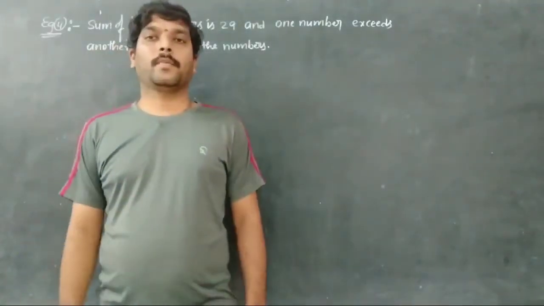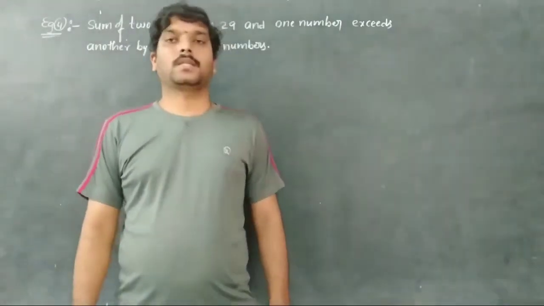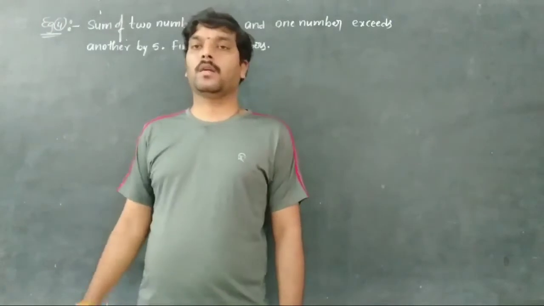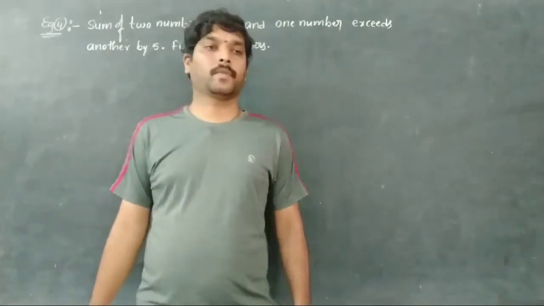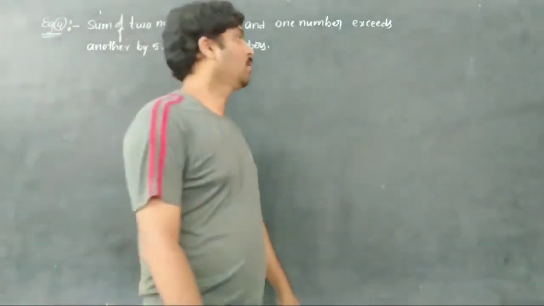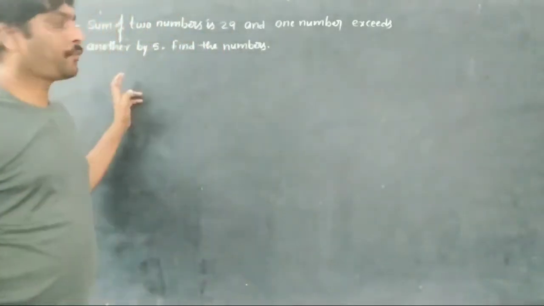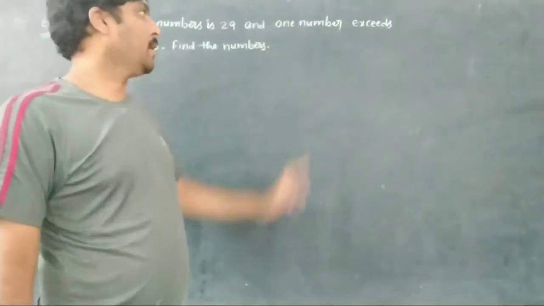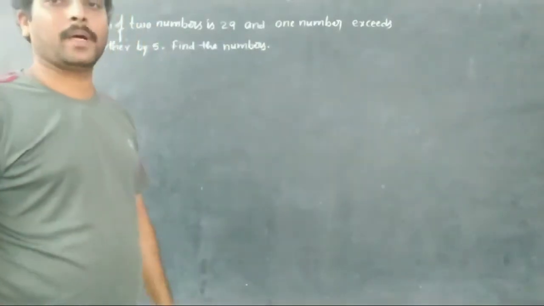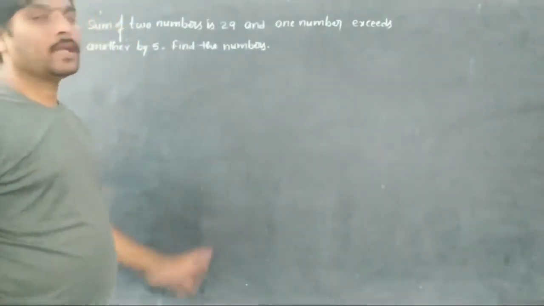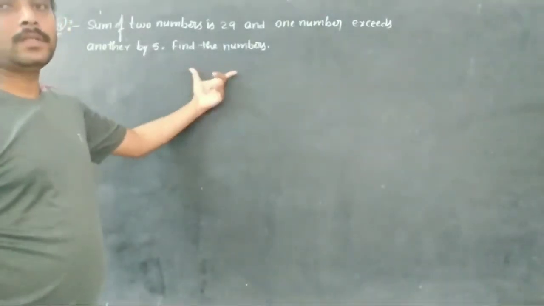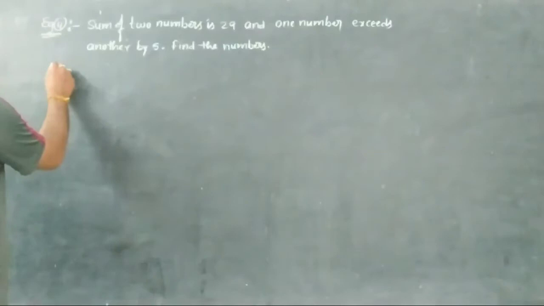Today we discuss Maths Chapter 2, Linear Equations in One Variable. Some example problems. See the question on the board. The sum of two numbers is 29 and one number exceeds the other by 5. Find the numbers. Here we need two numbers. So the solution is,